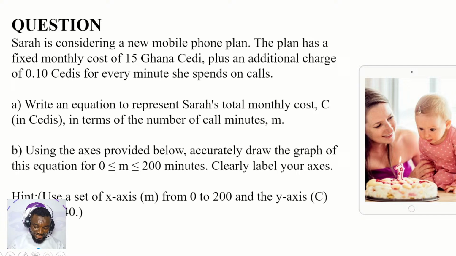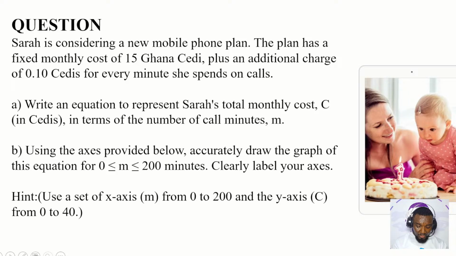In that case, it is 0.10 cedi for every minute she spends on call, right? Part A: write an equation to represent Sarah's total monthly cost, C, in cedis in terms of the number of call minutes, M. So all of you try the A part of the question, write the linear equation that will represent